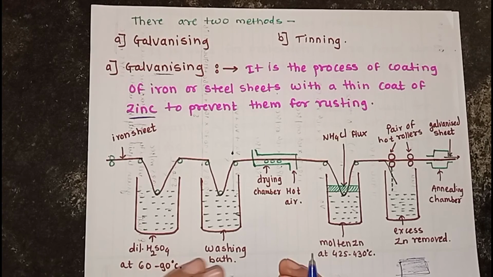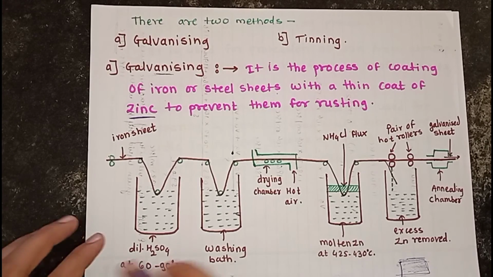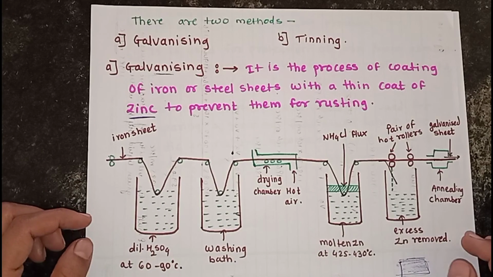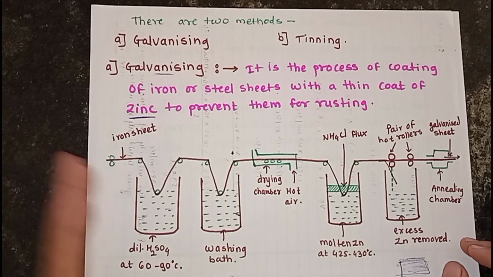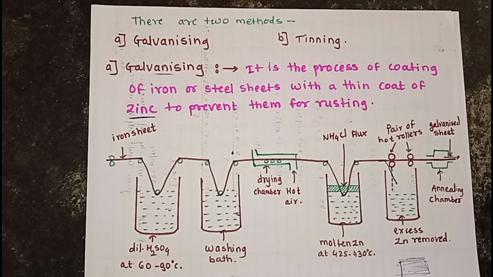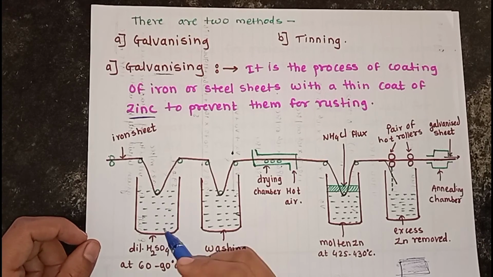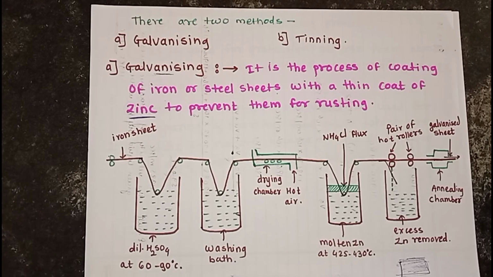So how do we use this galvanizing process, or how do we coat this iron piece with zinc? Let's discuss this process of galvanizing in detail. We draw here a schematic diagram of how galvanizing occurs. Firstly, this iron or steel article is cleaned, or pickled, with dilute H2SO4 solution